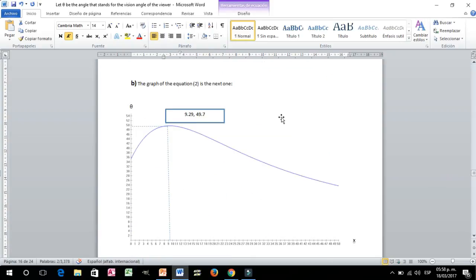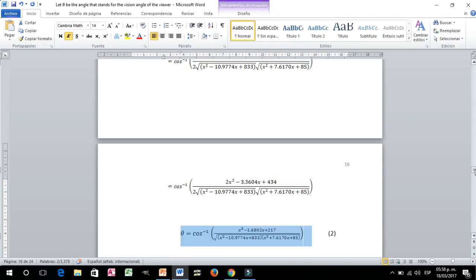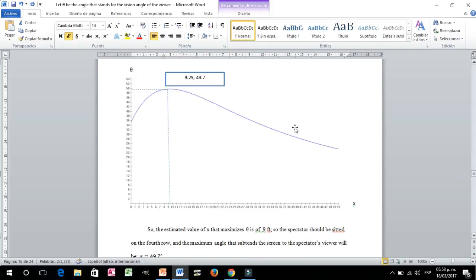Then here is the graph. The graph of equation 2 is the following one, and it shows us that the estimated value of x that maximizes theta is 9 feet. So the spectator should be seated on the fourth row, and the maximum angle that subtends the screen to the spectator's view will be alpha